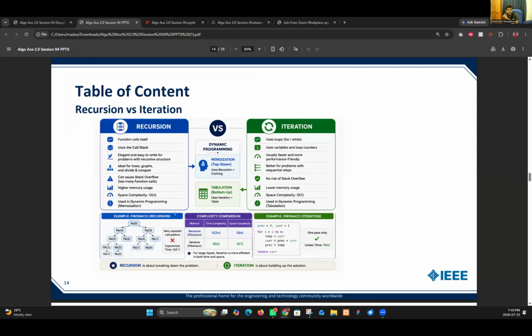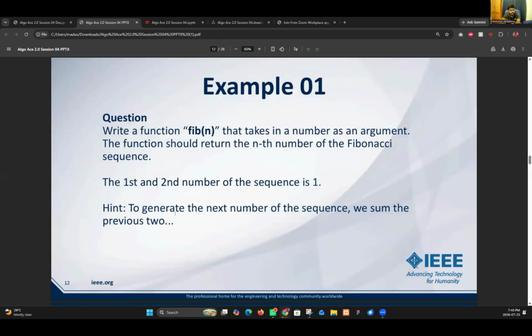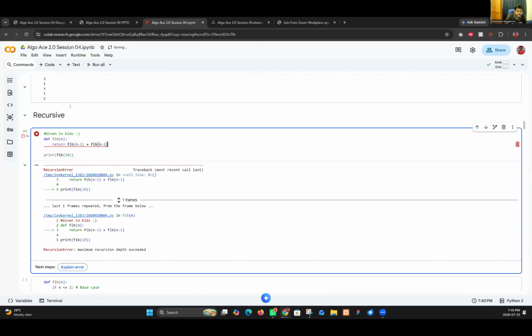To generate the next number of the sequence, we sum the previous two. So yes, we can sum the previous numbers and print the current number. Definitely we can.